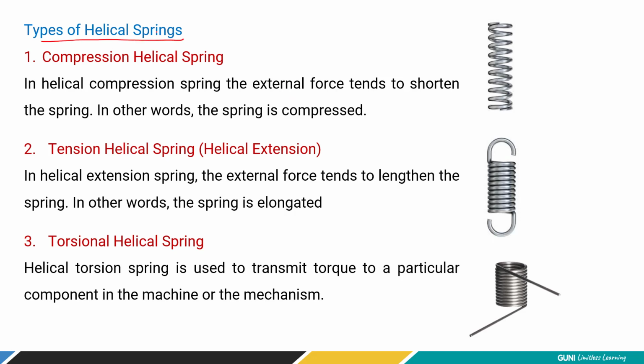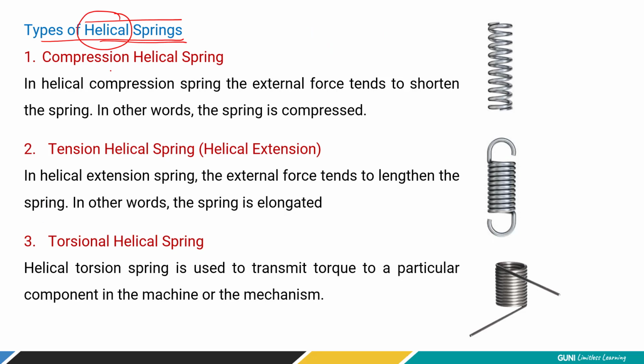Now, here we are discussing only helical spring. You may recall the leaf spring, which is subjected to bending, right? So we cannot cover it over here. Here, the helical spring is basically subjected to torsion or twisting, right? Why is the word helical used? Its construction is helical, where each turn is wound, but it has a gap between them, a linear distance. This is what makes the helical shape, and that's why it is referred to as a helical spring.